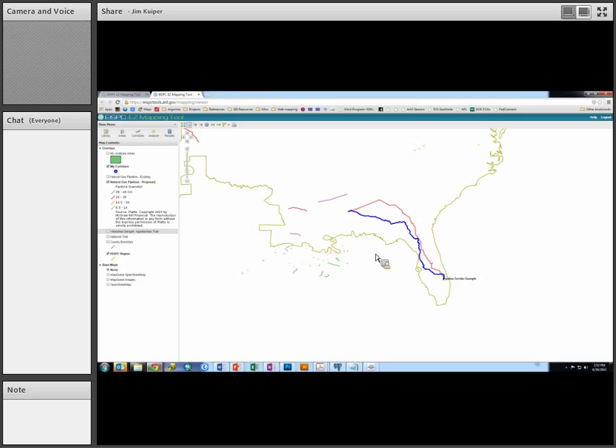So I think that covers what I was going to share today about corridor routing. And we have a little bit of time left for questions, so